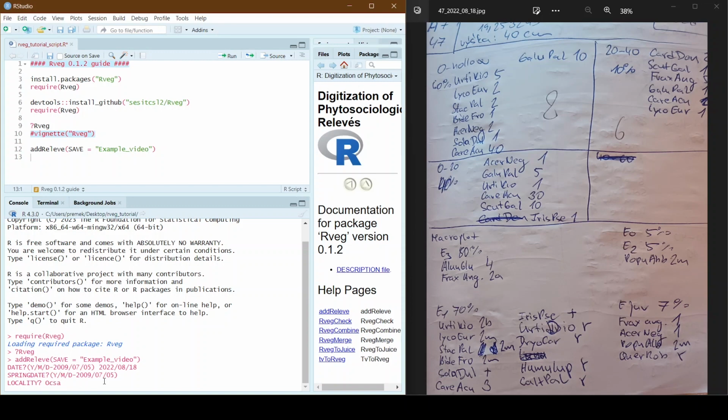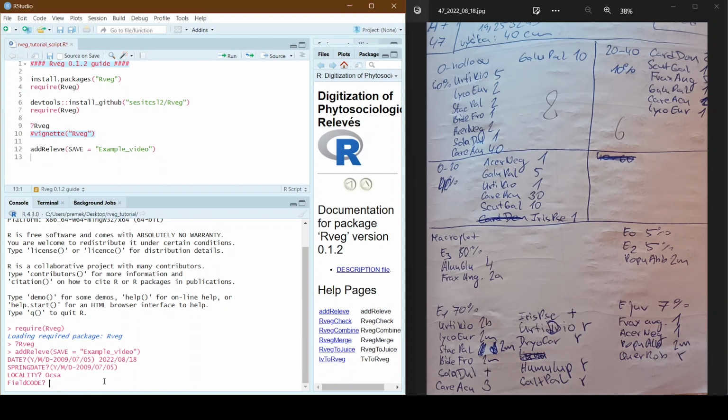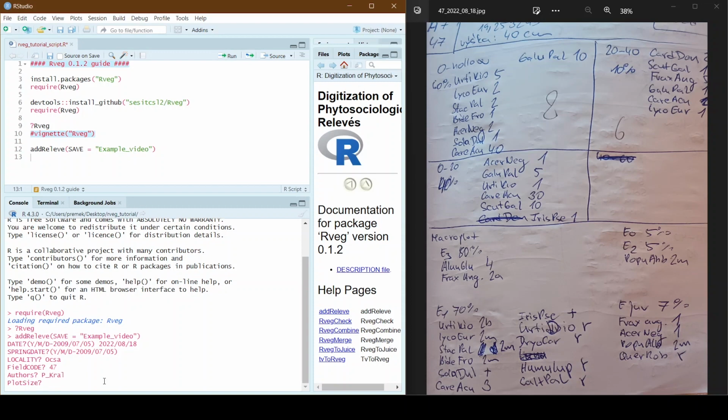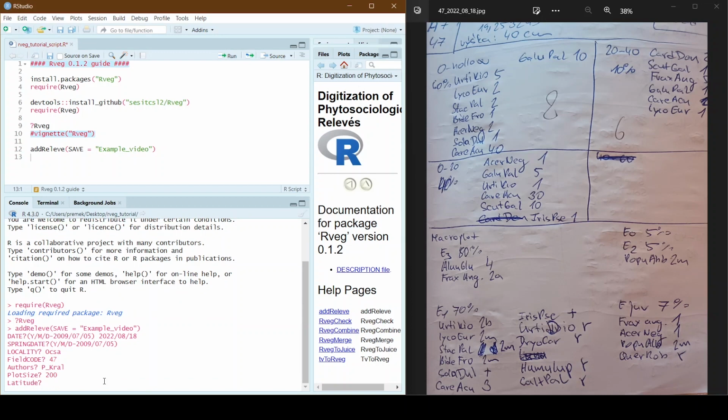Locality was Ócsa in Hungary. Field code 47, that is the code of the relevé to distinguish between multiple relevés in the same locality. Author was me. Again, you can use any format you want for your relevés.